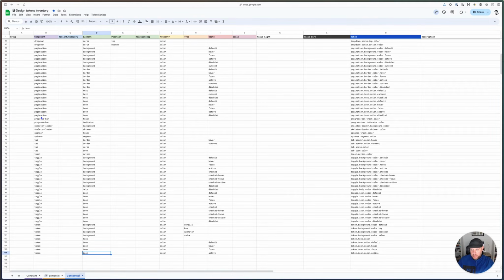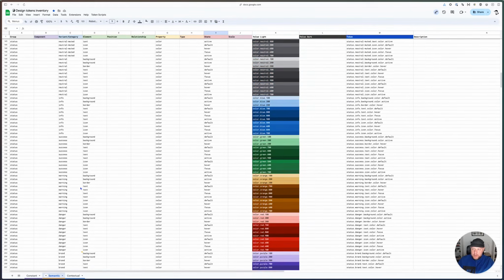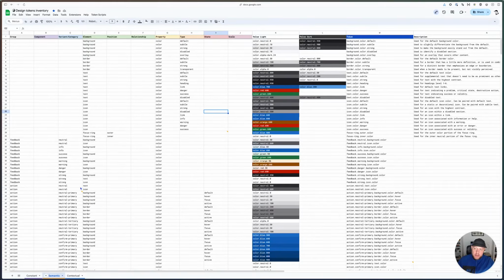So let's see here, scanning through here. Toggle's another one where it's an action. So how can we either add something to the semantic layer for actions that'll maybe cover this and say pagination because they both have a blue selected state or whatever it might be, working through that abstraction still and going through that process. But this is the thinking that we'd be able to create this semantic layer and provide ourselves with the opportunity to have components reference these directly in the CSS, and then have other teams be able to leverage this if they need to build like things and have them stay consistent with pajamas.